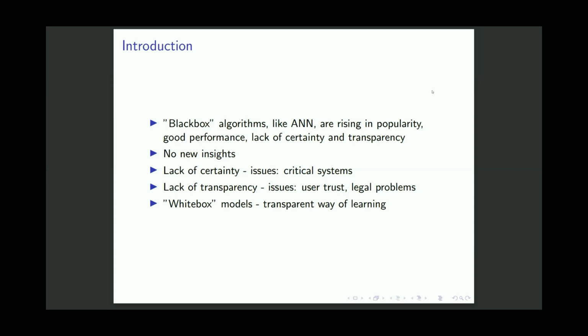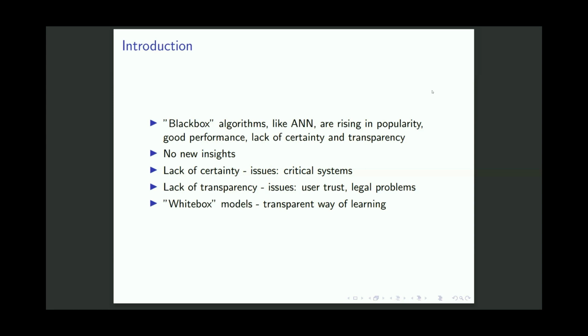Another problem of these models is the lack of certainty. In critical systems, we usually want to know that something is formally tested, or if we don't know that something will work, we want to know how likely it is to work, to have certain confidence intervals or maybe a distribution. And the third one would be lack of transparency, because users can't trust a system they